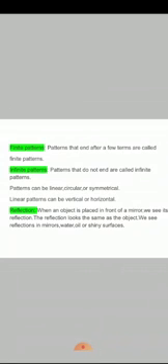Now see infinite patterns. Patterns that do not end are called infinite patterns. If there is no end for the numbers, we consider it an infinite pattern. If you say the natural numbers from 1 to 10, we start with 1 and end at 10, so it is a finite pattern. All the natural numbers, 1, 2, 3, and so on, go on continuing. There is no end, so we can say it is an infinite pattern.